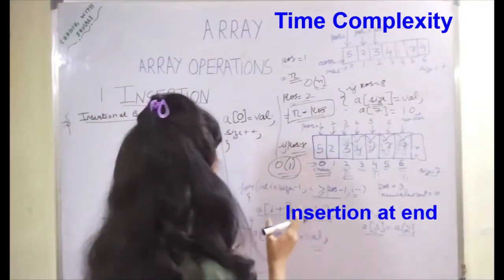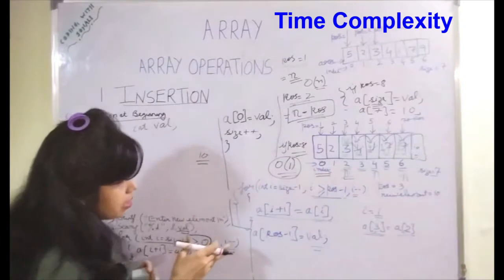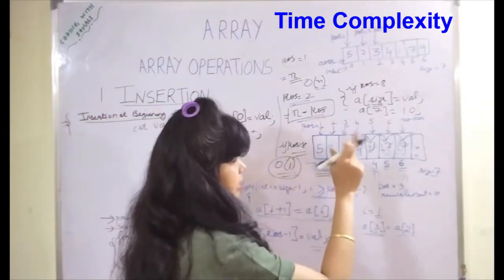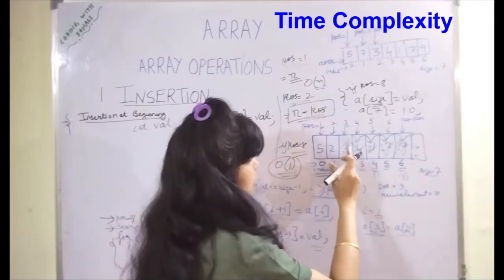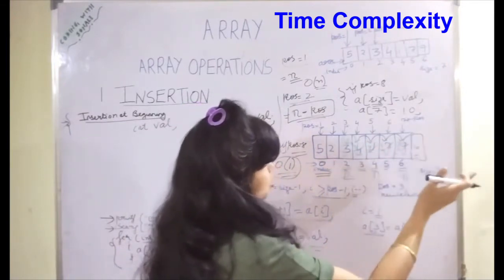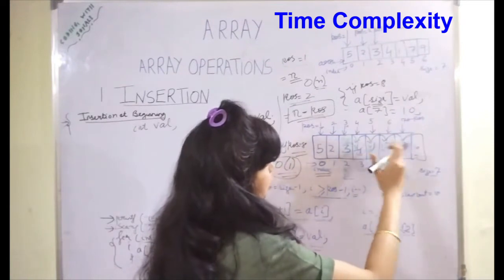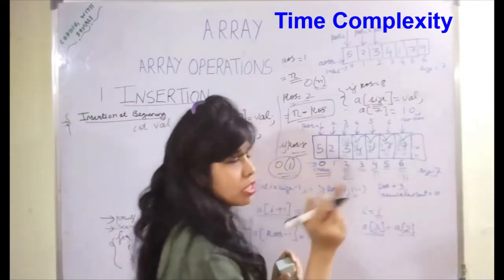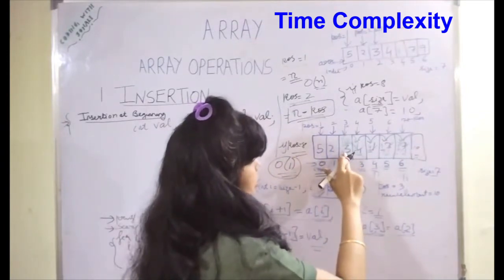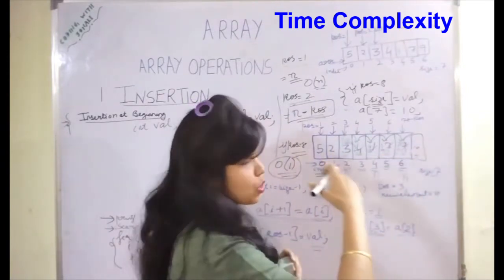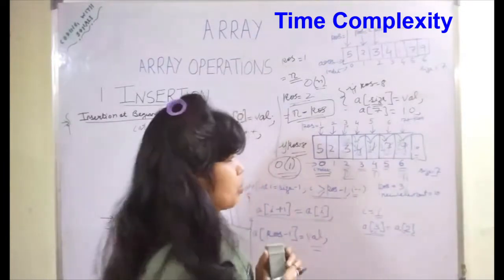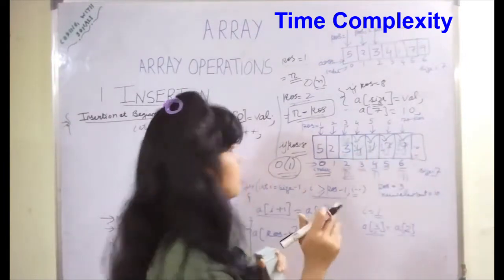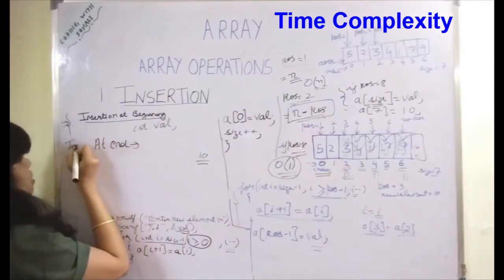You can see what time complexity we have seen here. In the earlier scenario, if the position was 3, we have to do shifts; if the size is n number of elements, the shifts are n minus position. So depending upon the position we have to do that many shifts. We have to shift all those elements that many times. If it was at the end, we have seen that no shifts are required. So if we have to insert at the end,